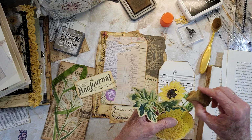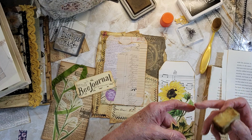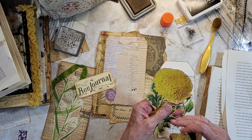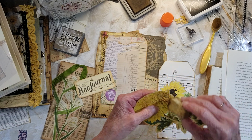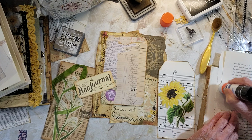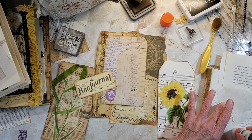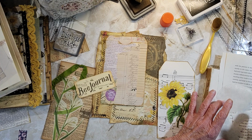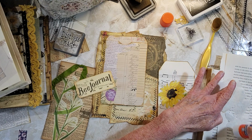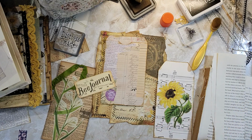I have had this flower in my book probably since I first started doing junk journals. You know how you just like want to get everything? And the fussy cutting, I just loved fussy cutting. I still do. It's very relaxing to me, but it seems like I've run out of time to, now that I've been doing a lot of slow stitching and cross stitching, no time for,